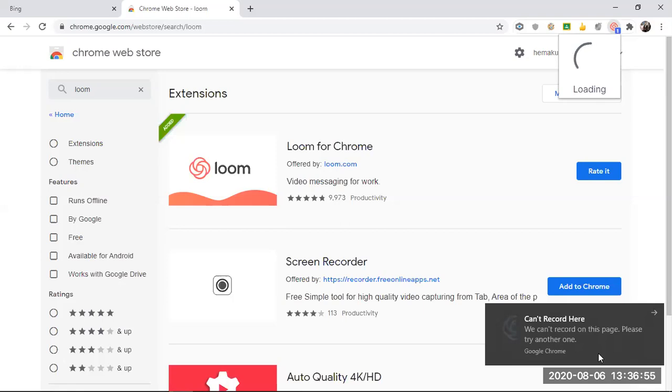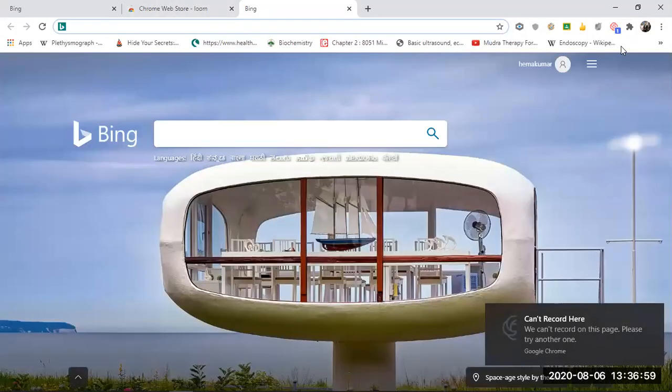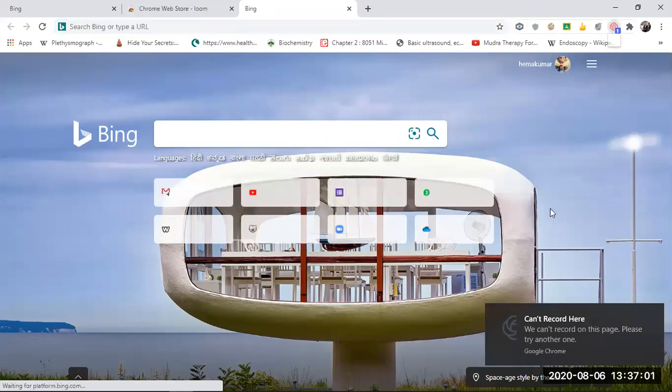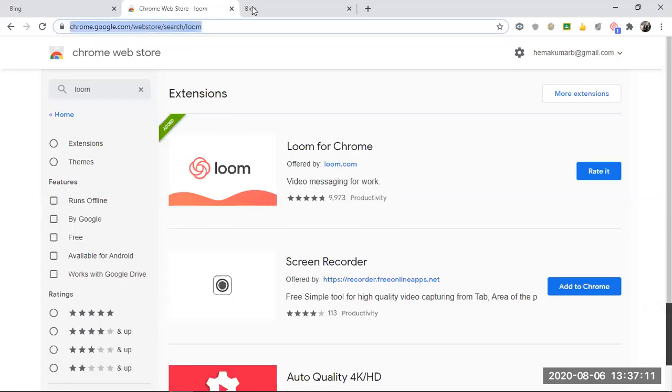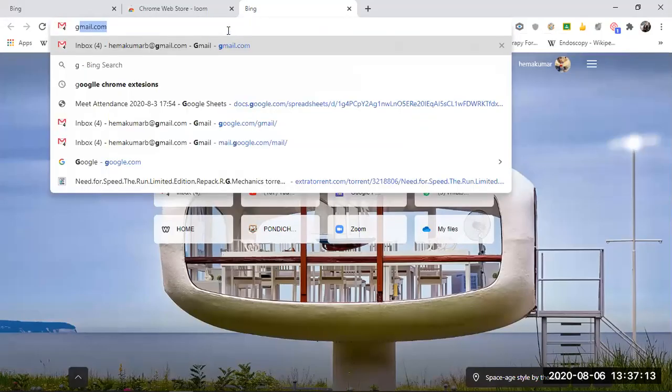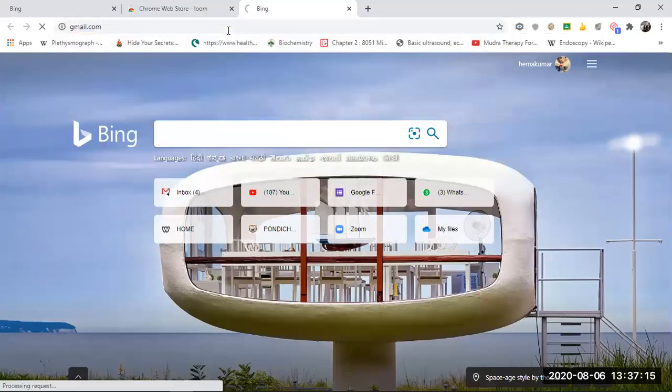So it says we cannot record on this page. Okay, I'll just go to some other page. I'll just open gmail.com.